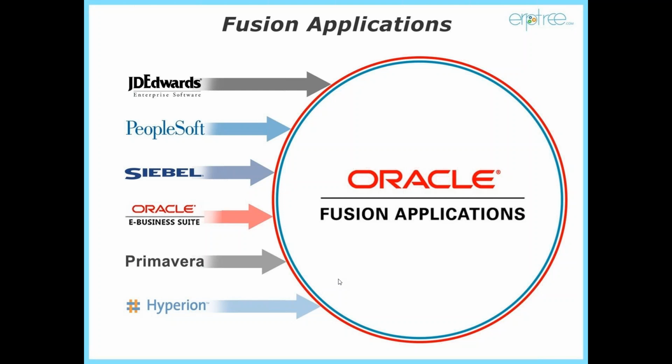When we use Fusion applications, nowhere do you see Siebel, PeopleSoft, JD Edwards, Primavera, etc. Everything you find is Fusion applications. This is how they built Fusion applications. If any client is going to use Fusion applications and select financials, SCM, HCM, etc., they are going to get the best solution available in the market. Since Oracle took the best solutions from the different ERP products and built an application called Fusion applications, this is the meaning of Fusion applications.